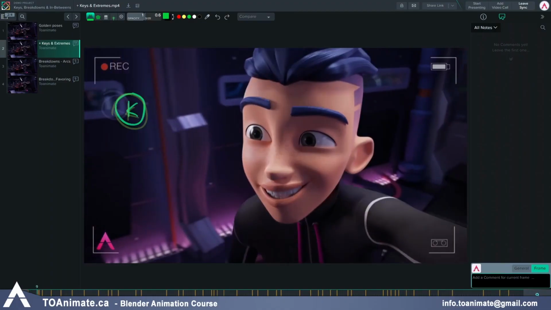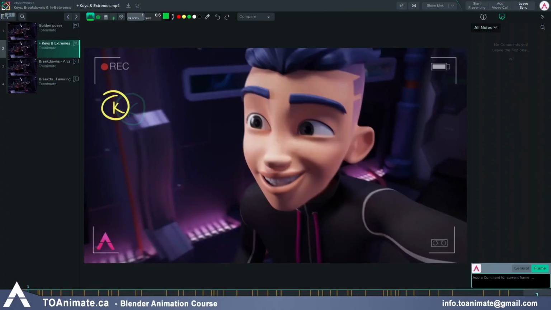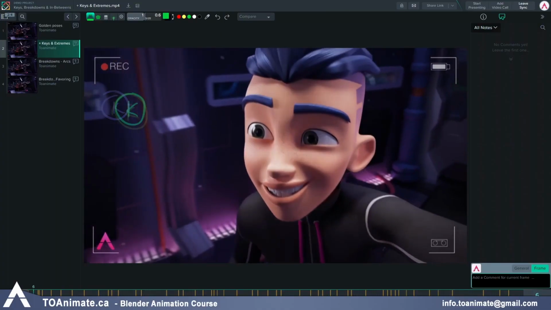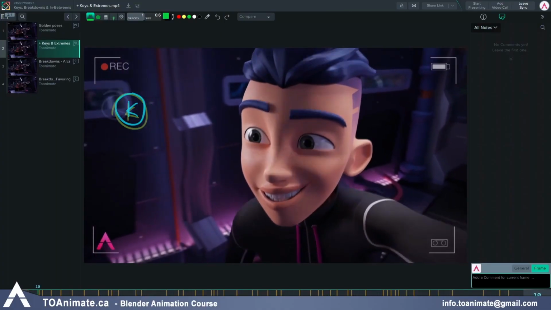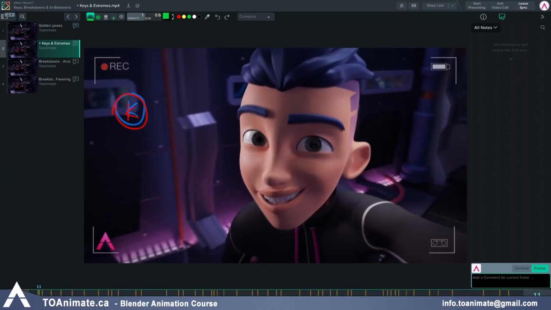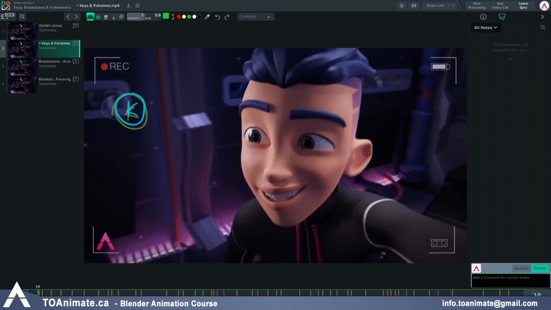If we just had a pose here and then a pose here, the eyes will be drifting from the left to the right once we hit spline. But here we want to have a key on frame 10 before the eyes dart to the right, because that only happens in 1 to 2 frames, sometimes 3 to 4,